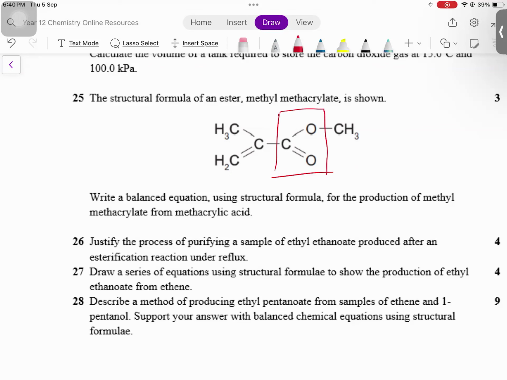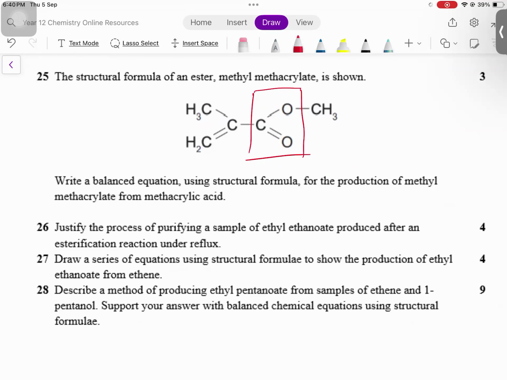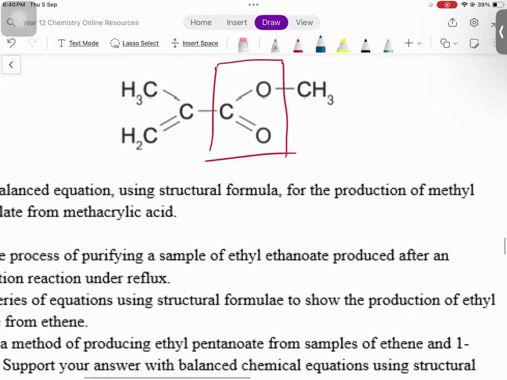to another oxygen. The reason I've included this question in here is to help you adapt to different questions and not worry about things that look unnecessarily complex, but don't actually do anything for you. So this double bond here means absolutely nothing to us. Do not let it confuse you, okay? So as far as we're concerned, in terms of figuring out the alcohol and the acid that got used to make it,